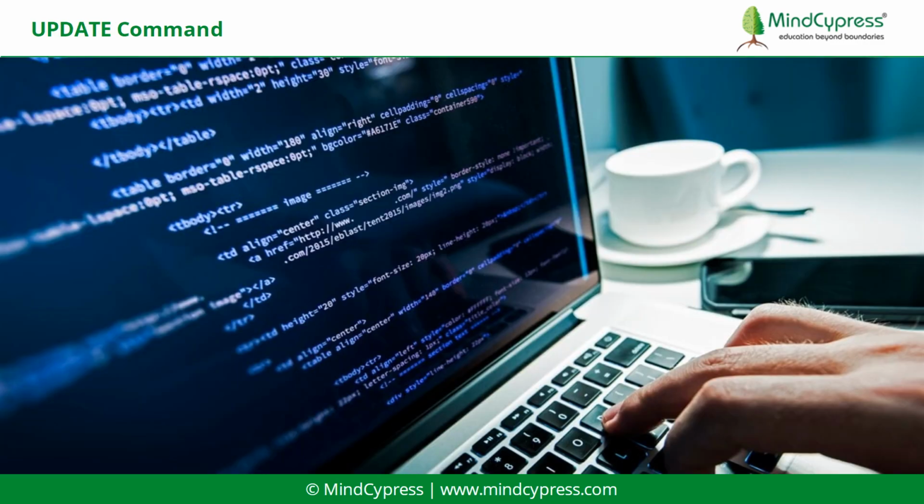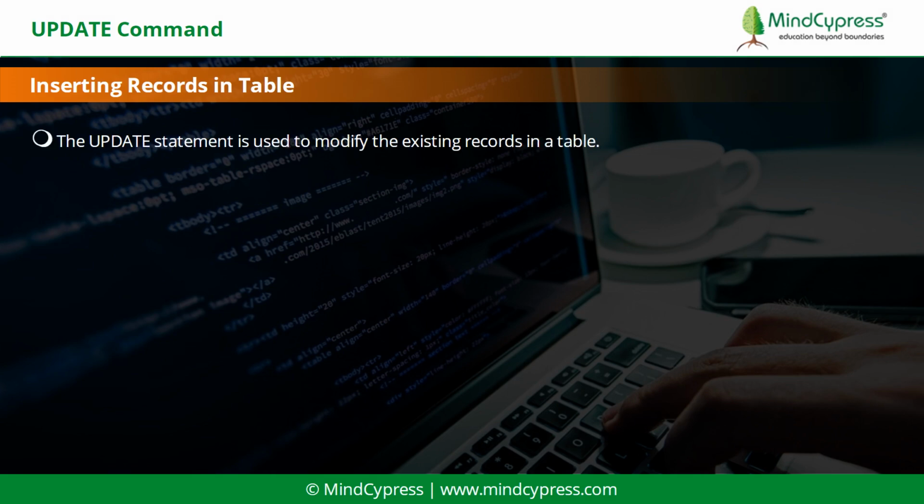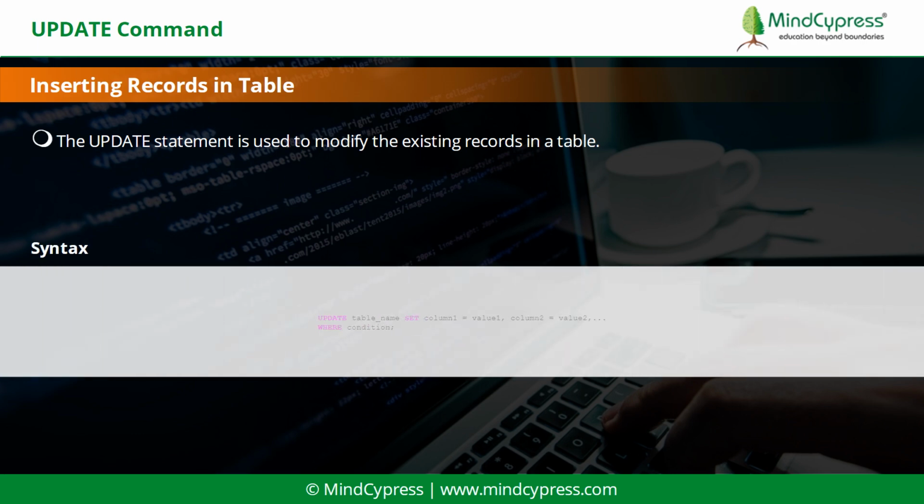Now we will learn about the update command. Let's discuss updating existing records. The update statement is used to modify the existing records in a table. Syntax is: